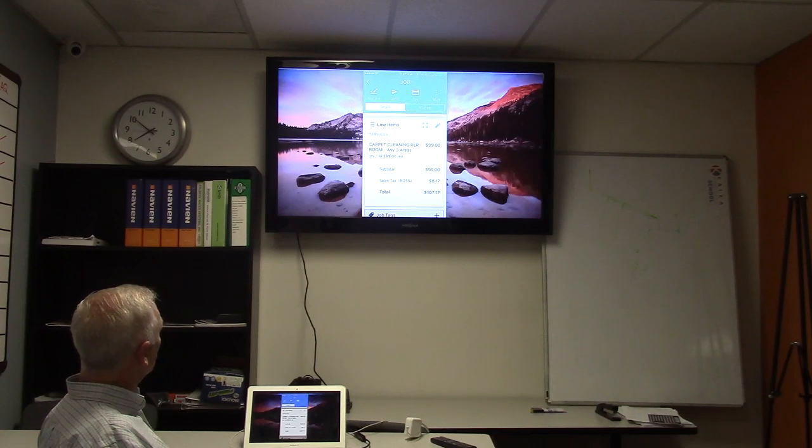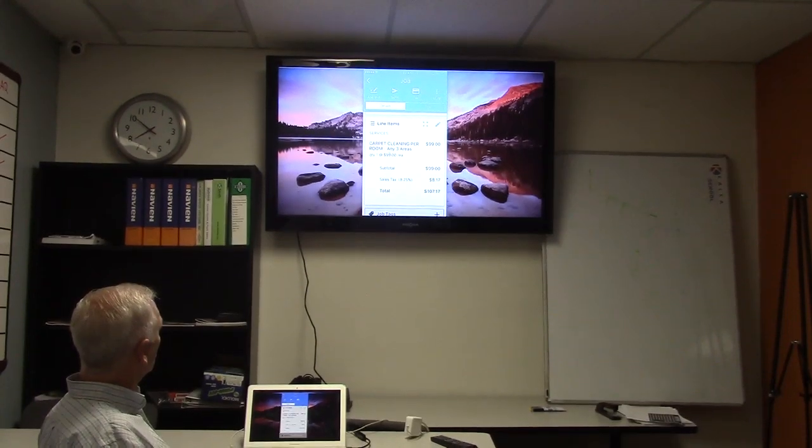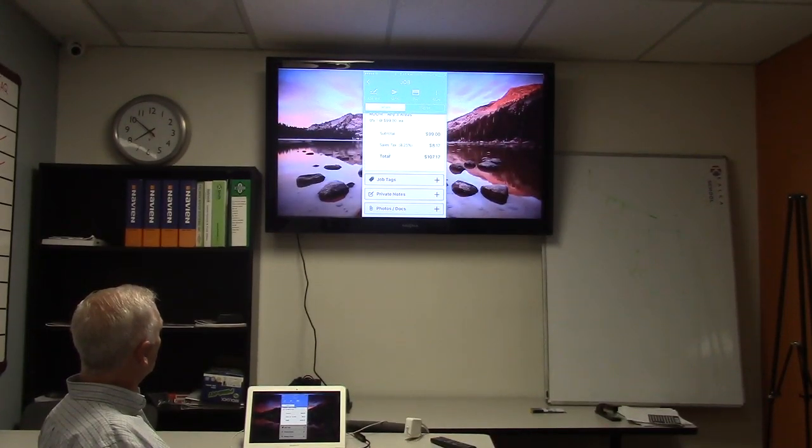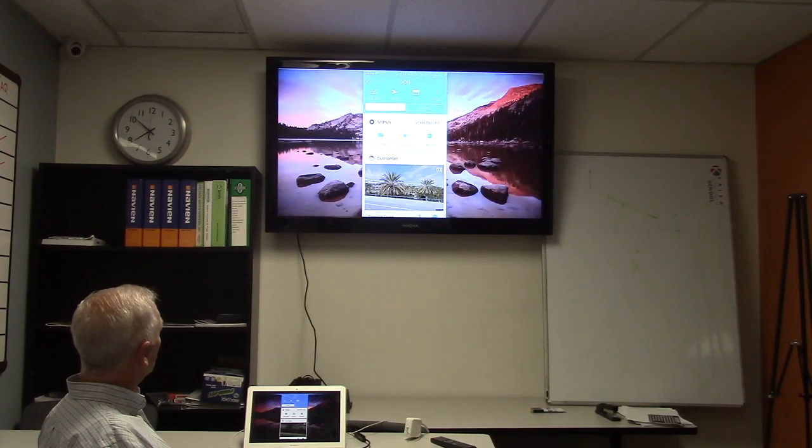Here is the line items. This is the job that I'm going to be doing, a carpet cleaning for any 3 areas. If there was any specific notes for me or photos, they would be located right here. Okay, so what I'm going to do is scroll back up to the top and click On My Way, this